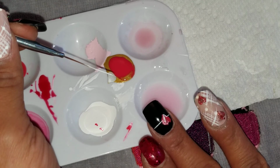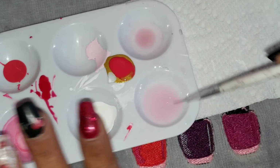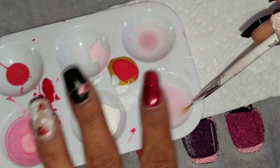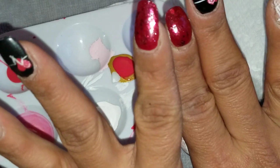Alright. So we'll give this acrylic paint a second to dry, and then we're going to get on with the gel. Well, we're going to give it a top coat. Once this acrylic paint dries, I'm going to